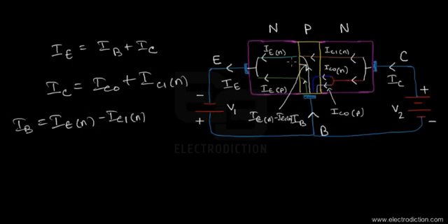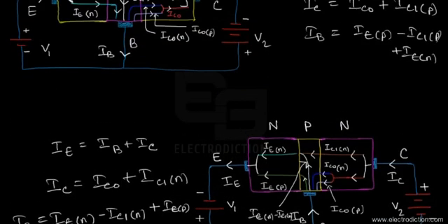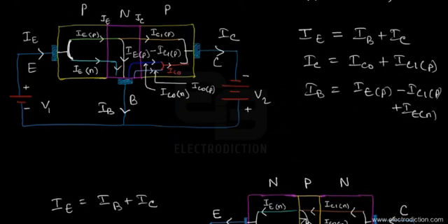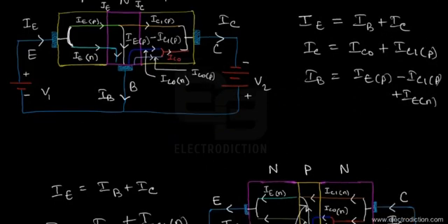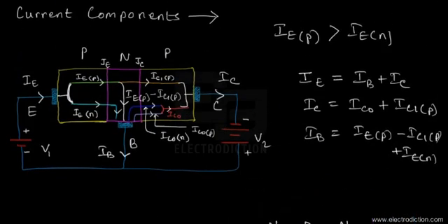Okay, this is the difference between the two current components over here. That's the recombination current component, one of them. And also we've got IEP, as you can see over here. So IEP gives rise to the entire base current component. So that done, we can easily understand from over here that, of course, due to the flow of the